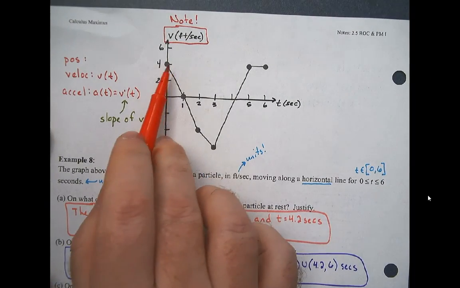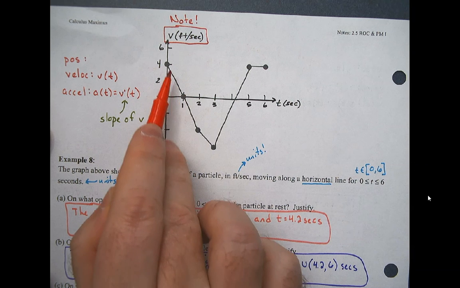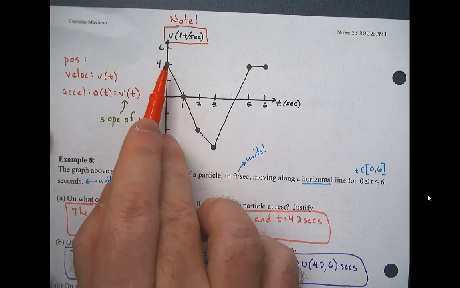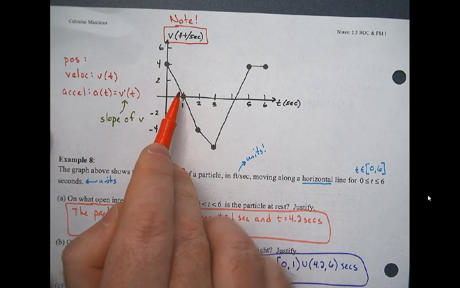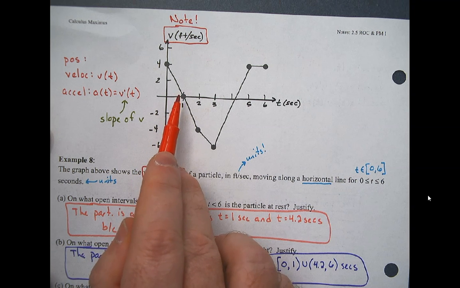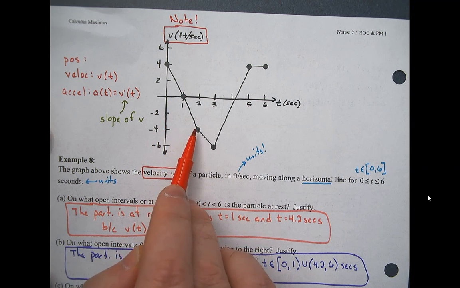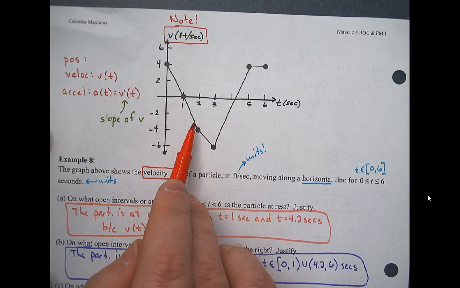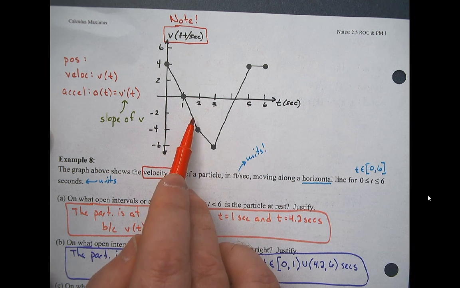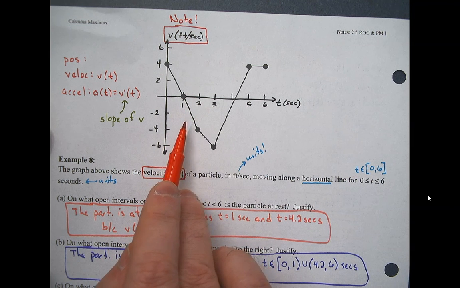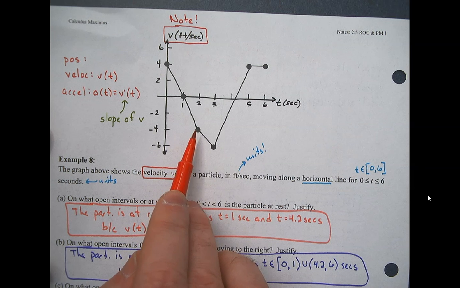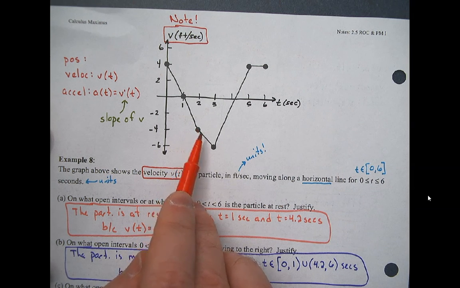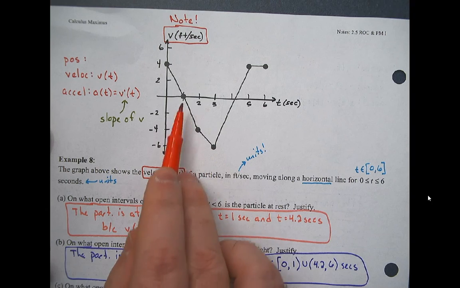So let's look in here. Right now, my velocity is positive. These are all positive y values, but their slopes are negative. That doesn't count. Those are different. Then in this next section, my velocity is negative and my slope is negative. Now you do have to be careful here. We have this transition right here. I cannot calculate the acceleration at this spot. So we can't, even though in this next section, look, the values are negative, the velocity is negative, and the slope is negative. So in this section,